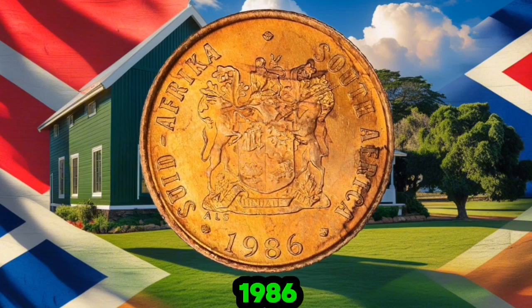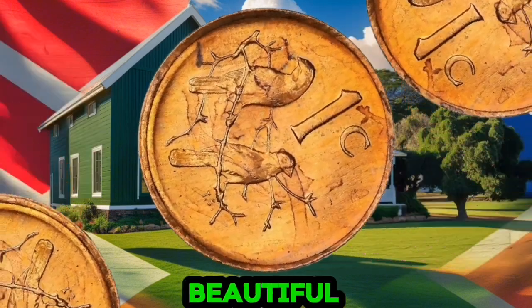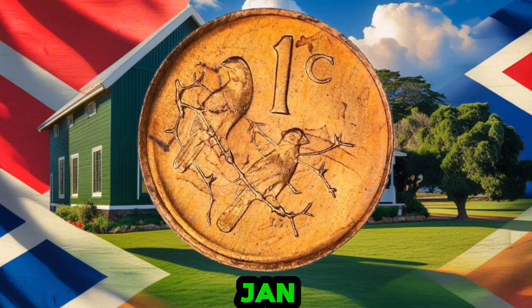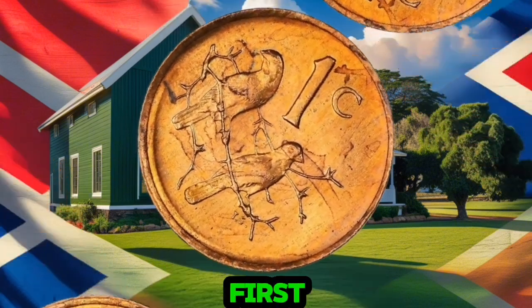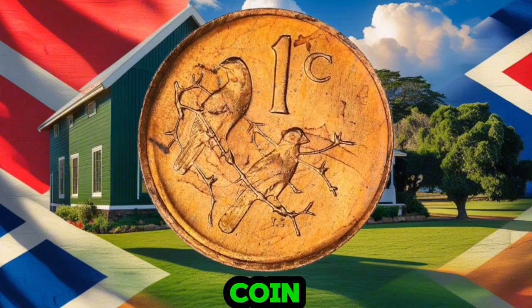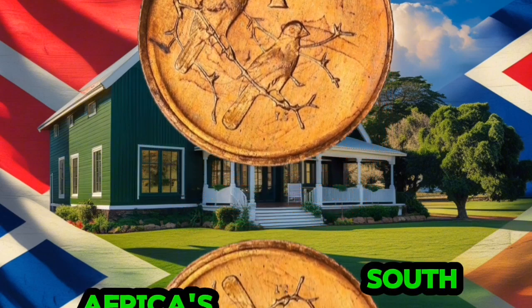First, let's take a close look at this coin. The 1986 South African 1-cent coin features a beautiful and detailed design. On the front, we have the portrait of Jan van Riebeeck, a key figure in South Africa's colonial history. He's the founder of the first European settlement in South Africa. The reverse side of the coin features a striking design of a protea flower, which is one of South Africa's